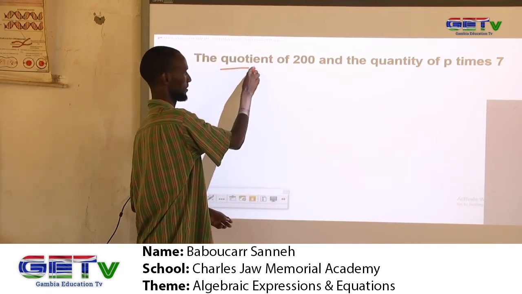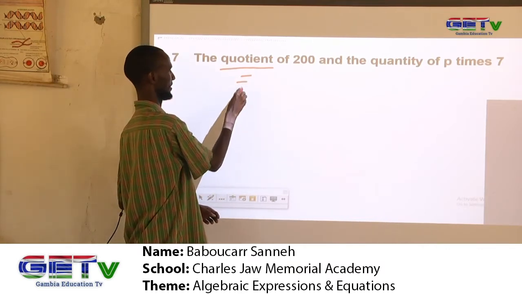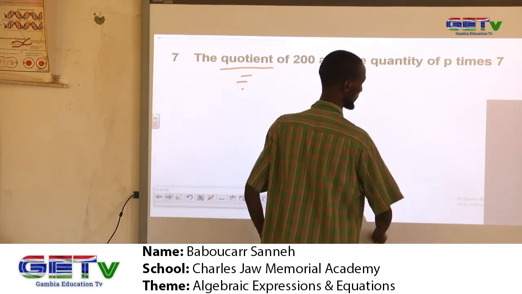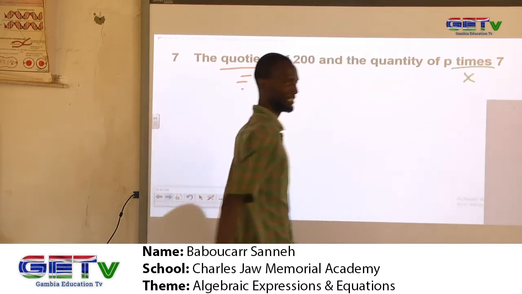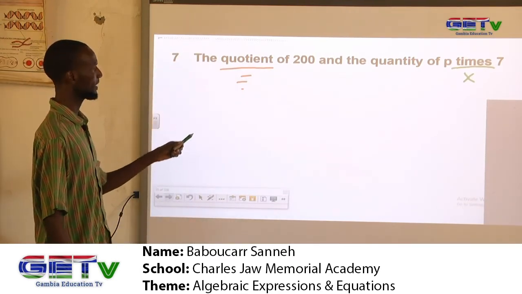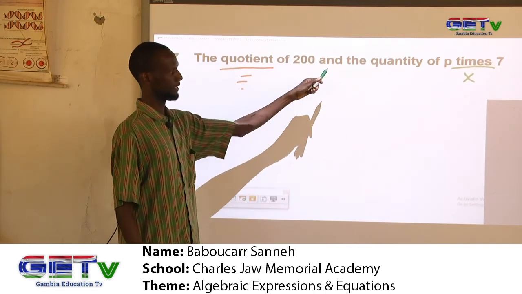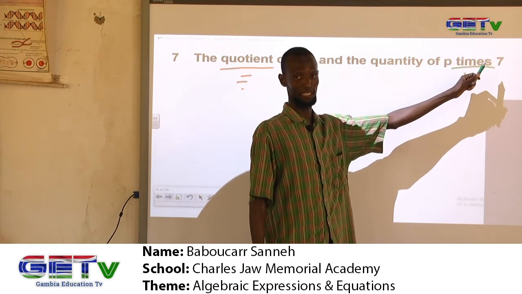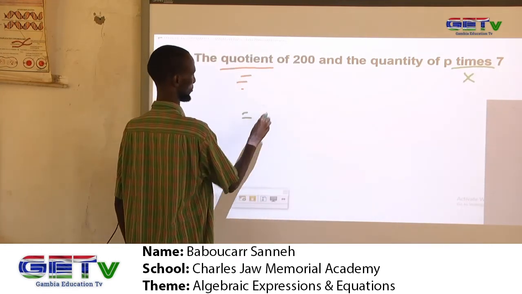Quotient indicates division. What else? We have times, which indicates multiplication. So here we are simply dividing 200 by the product of 7 times p, which we can write as 200